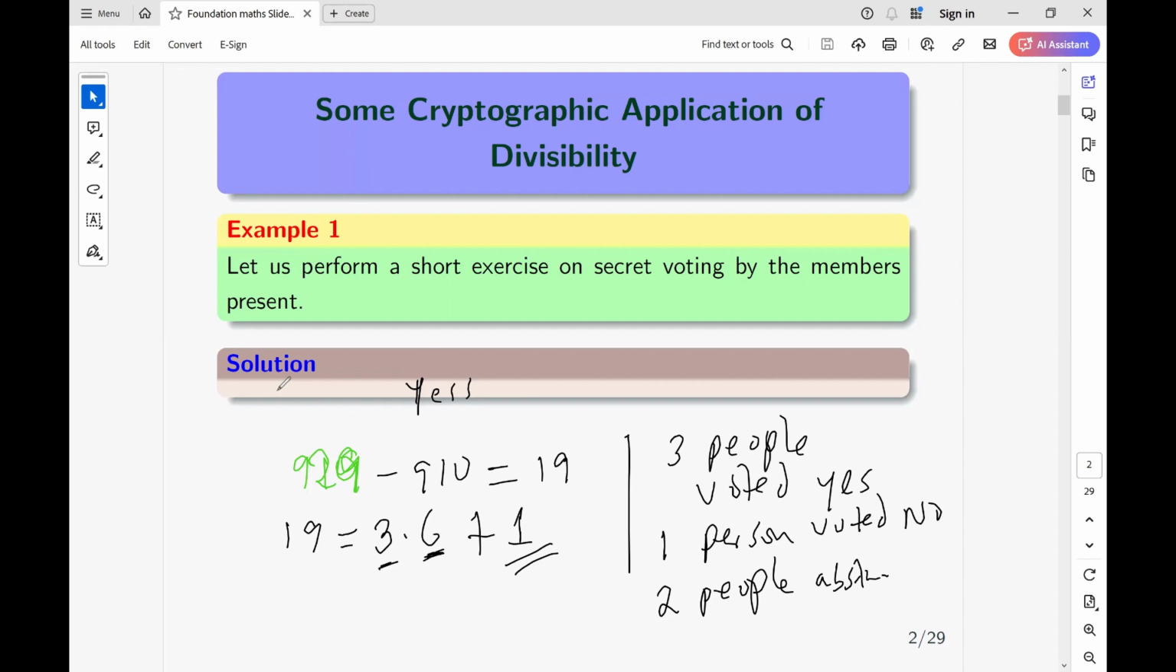So I think we have seen some application of divisibility test, that is, in cryptography. Although this is not a very serious application, when we have friendly committees, we can use this type of voting. I've said friendly because supposing it's not a friendly committee,